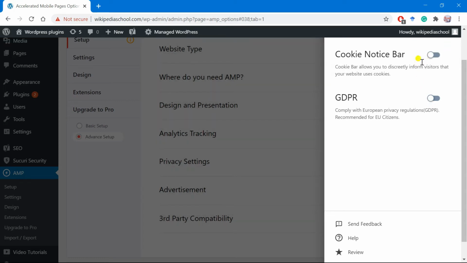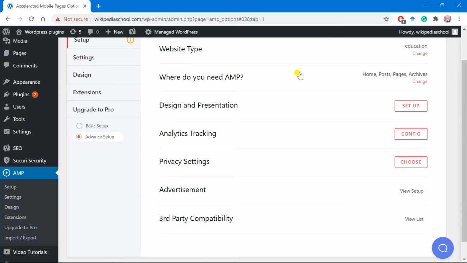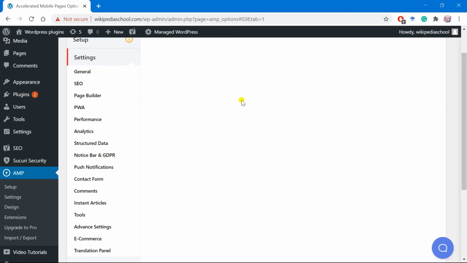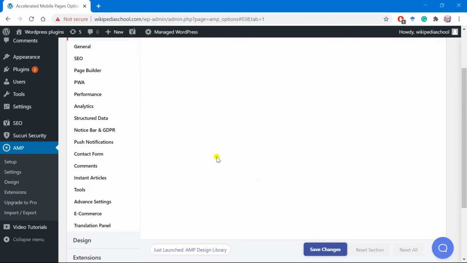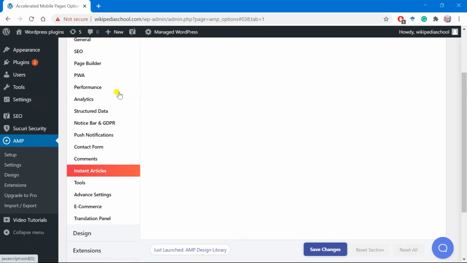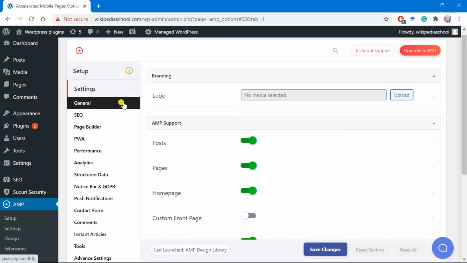Remember, only one option can be used by any user. So after doing this, let us move toward the advertisement. This is the advertisement. In advertisement, we better click general.